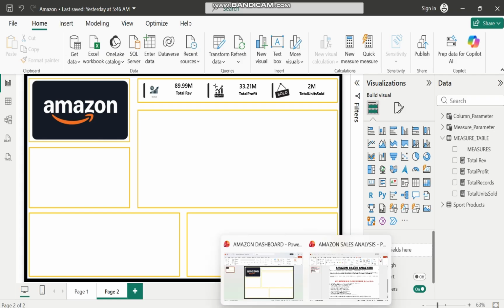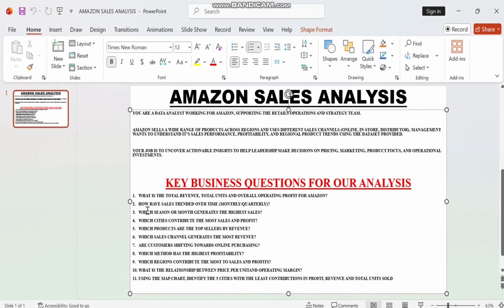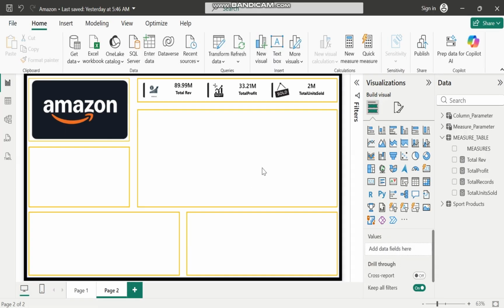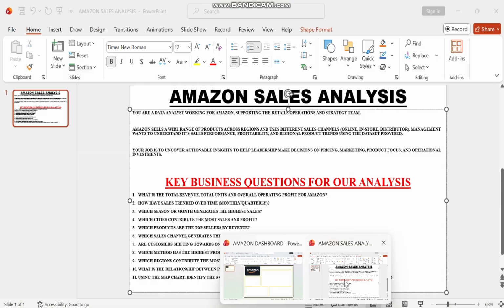All right, so now we are moving on to our second question, which says how have sales trended over time, monthly and quarterly. So now we are looking at how sales have trended monthly and quarterly. So let's go in and do that. For our second question, which is asking us to find the sales trend over time, monthly and quarterly,